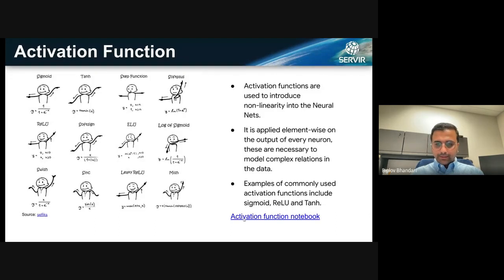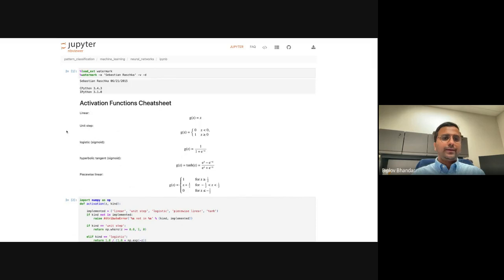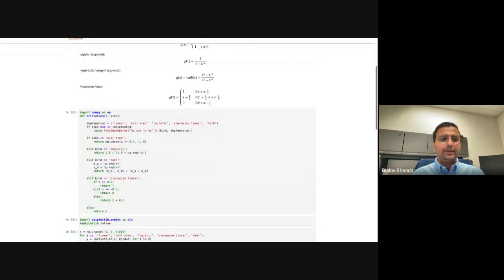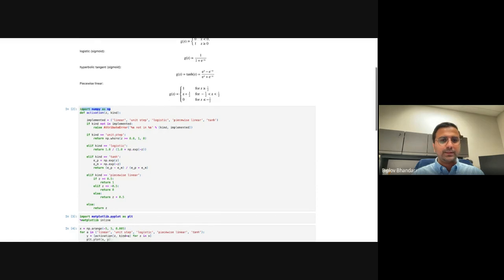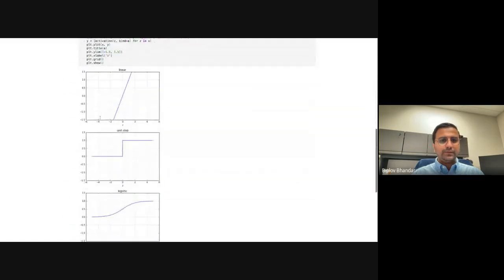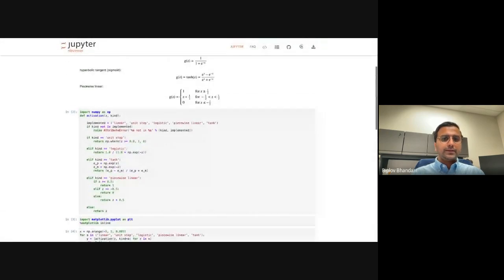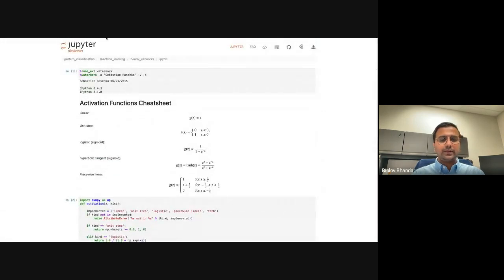And here's actually a notebook that basically uses numpy to produce the data set, and it shows you what different kinds of activation functions could look like. So I'd also suggest, if you're really interested in diving deep, go and check this notebook out.